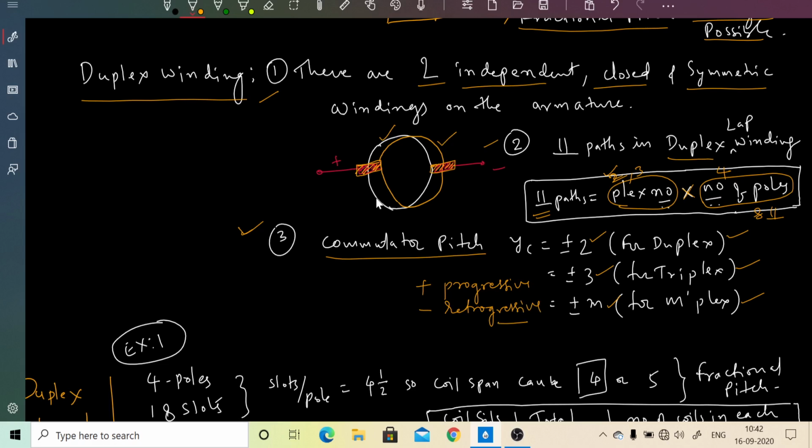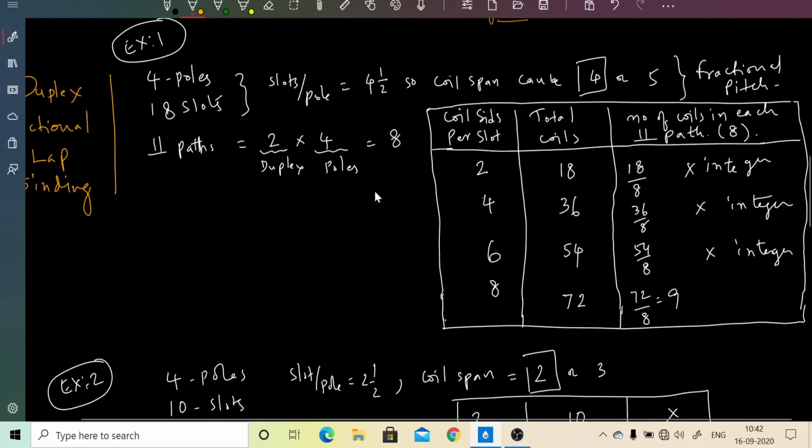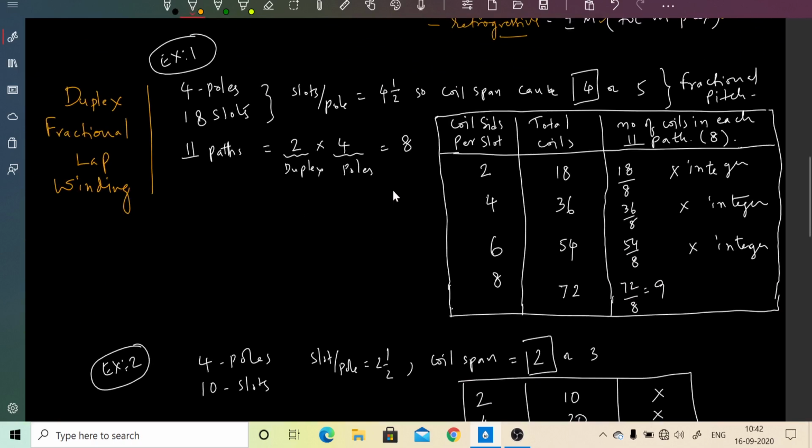So these are the 3 important points about the duplex winding: independent and closed armature windings on the rotor, number of parallel paths, and the commutator pitch has to be clearly understood. Now let us take one example of duplex and also fractional type of winding in this lecture. Now first one,